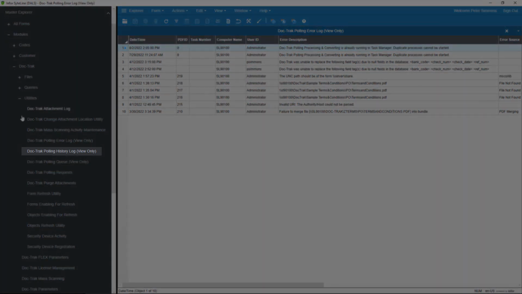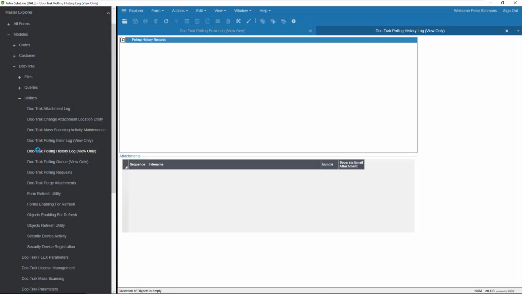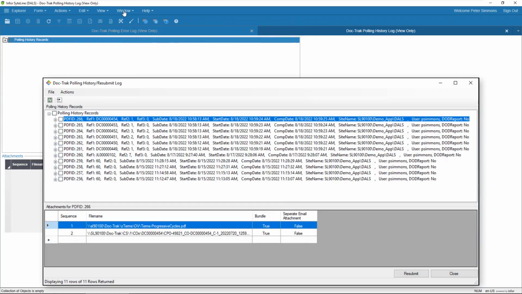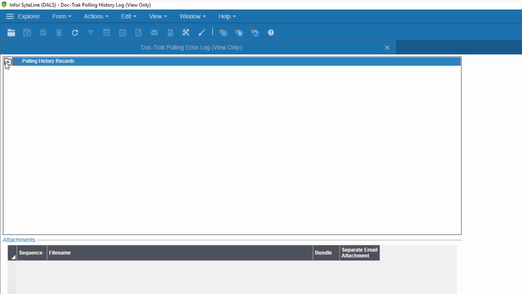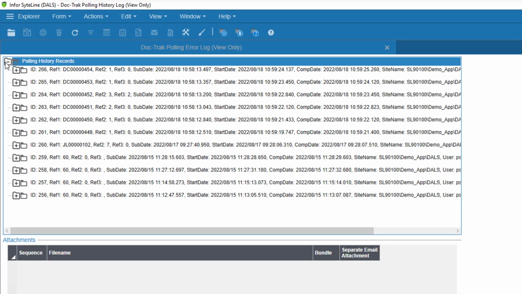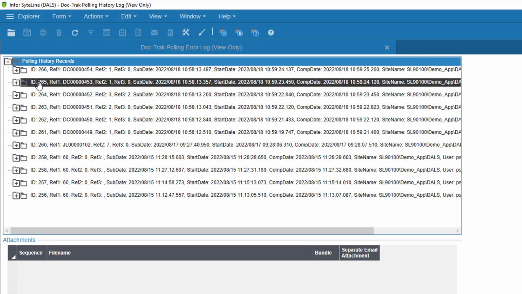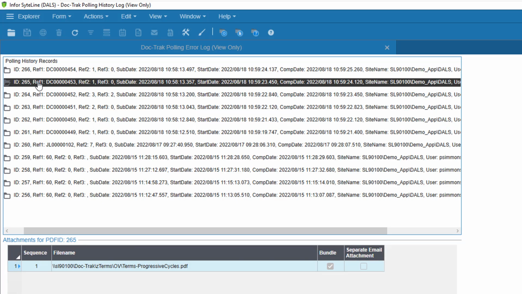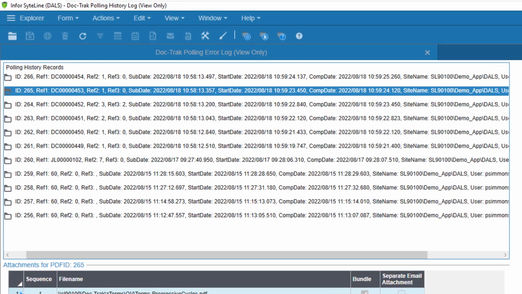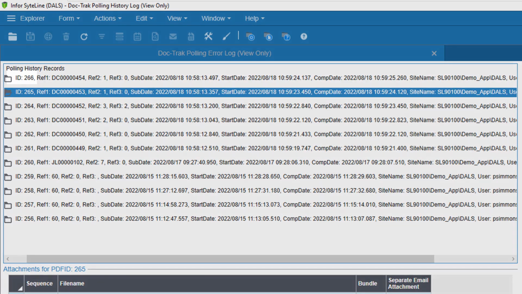The DocTrack polling history log is also similar to its counterpart found in the DocTrack polling application. Because it's a read-only version, the user will not be able to resubmit polling requests from this form. However, it shows the same information in the same expandable display format. Each of these lines is a separate polling request. We'll cover polling requests in detail later on in this section, but for now, we'll just glance at the information available in this form. For each polling request, you see the PDF ID